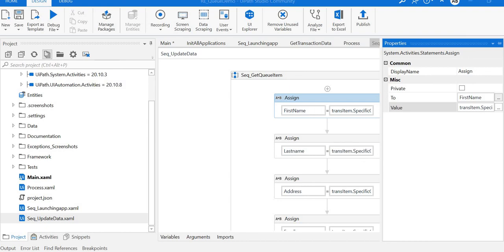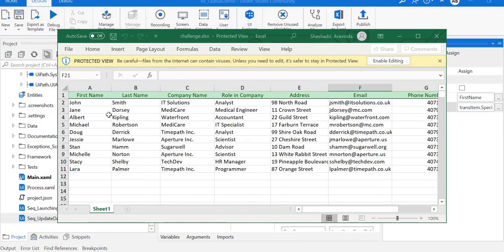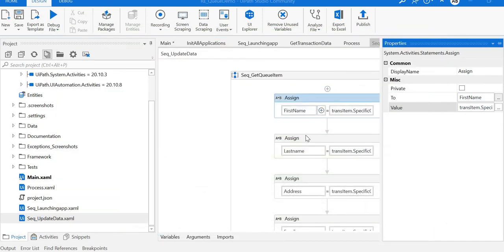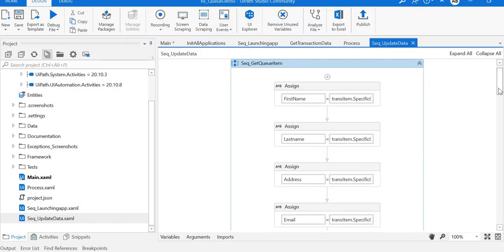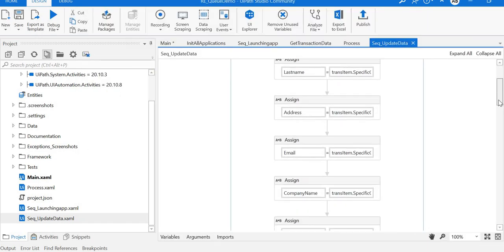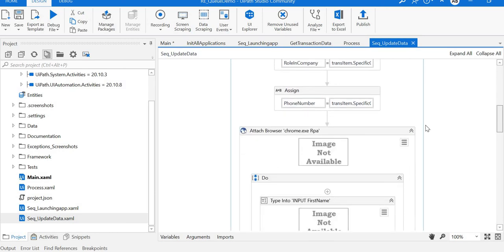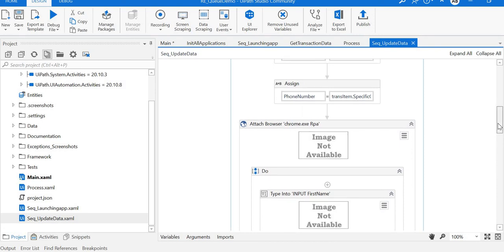Similarly, since there are first name, last name, and so on, 7 columns, I created 7 variables: first name, last name, address, etc., till 7. And I assign each row column value to the particular variable, so that I can use it in further activities.